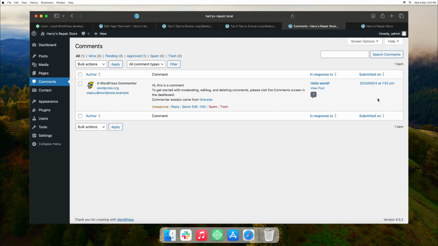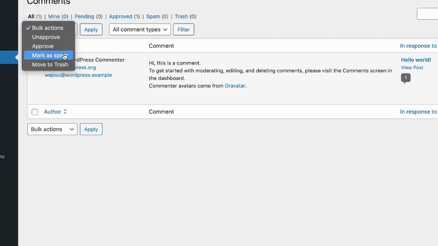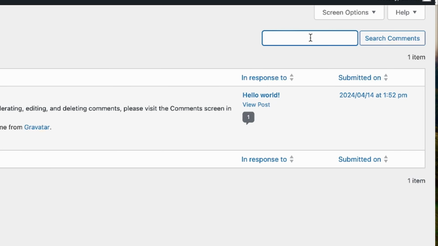Now, you can take actions on comments individually by hovering over them or selecting multiple comments using the checkboxes over here on the left for bulk actions. This is pretty much quite uniform throughout WordPress across all features. And similar to previous features, you can also use the search engine on the top right to search for a